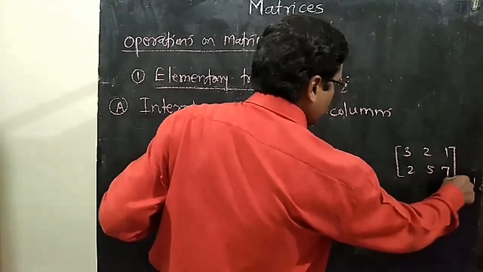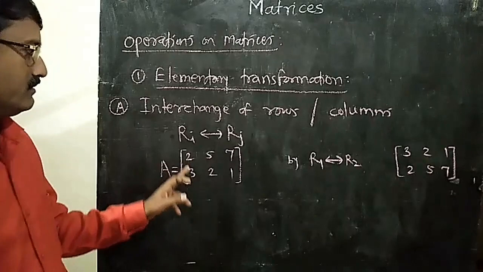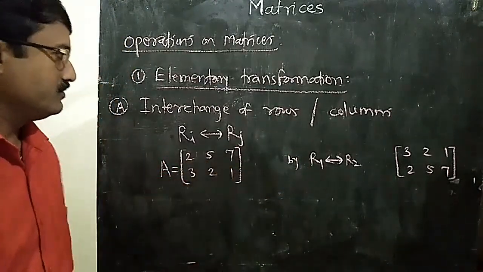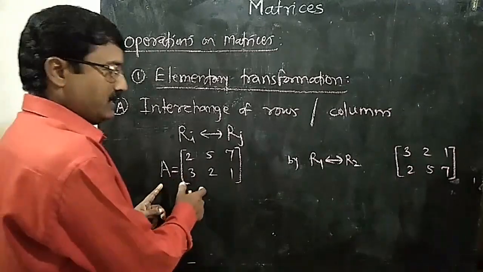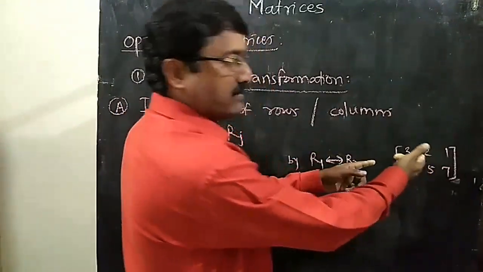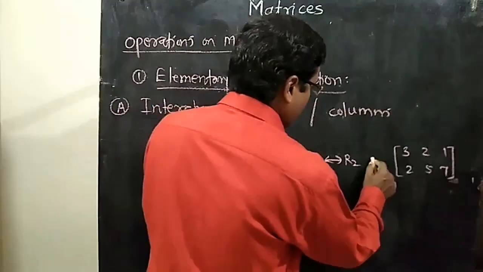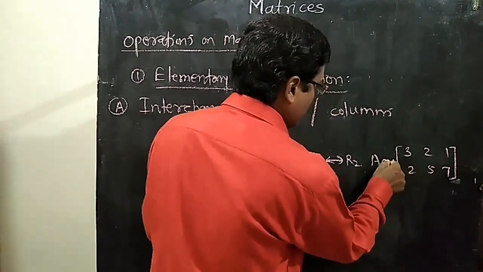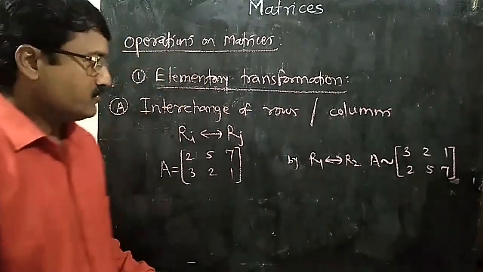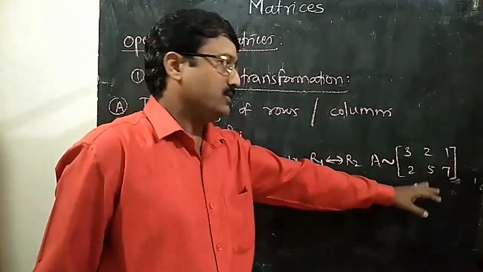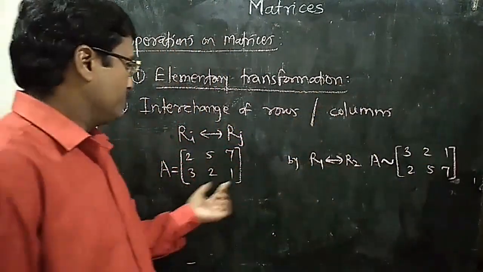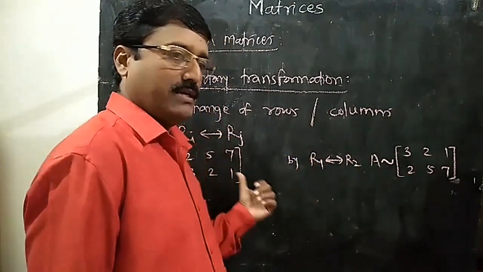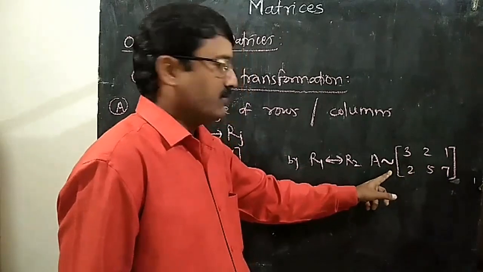So this is the new matrix obtained by operating this operation of interchange of two rows. This is our initial matrix A. We have changed this matrix into another matrix. So we will write this as A equivalent to another matrix. Actually this is another matrix B, but no need to take the symbol B again. We will use the same symbol A because it is obtained from A, but it is equivalent to A.